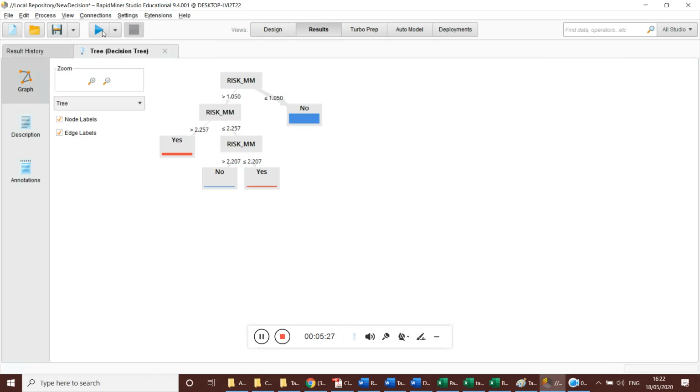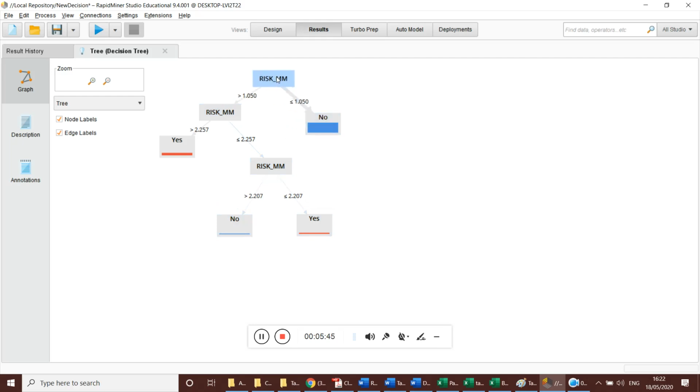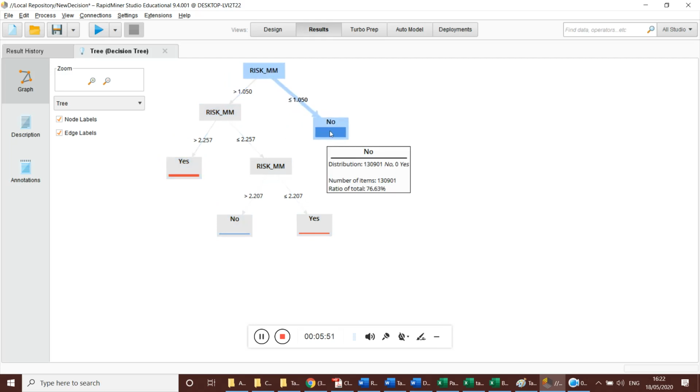Let us see what our decision tree is. Here, to decide whether tomorrow it is going to rain or not, information about RISK_MM is enough. When we have the RISK_MM value we can decide whether it is going to rain tomorrow or not. You can copy and paste this screenshot, and write some rules like these.